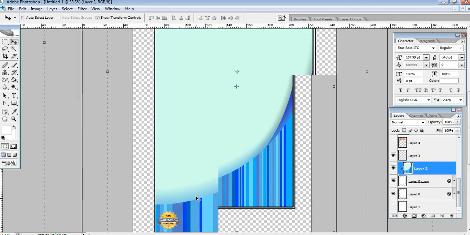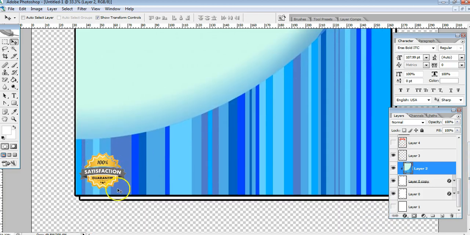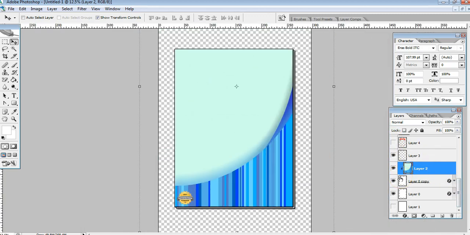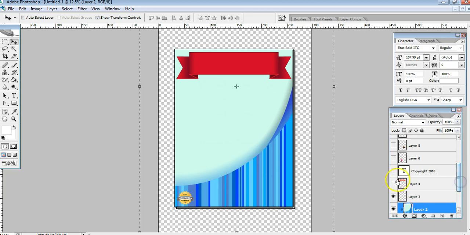Then I'll just zoom in so you can see that I have found a royalty-free 100% satisfaction guarantee badge, and just added that into the bottom left hand corner to give it a bit of trust. And before I add any text, I wanted to have a title banner which made the title stand out. It wasn't that. That was absolutely terrible. It was that. Now that's where I'm going to put the title of the ebook,